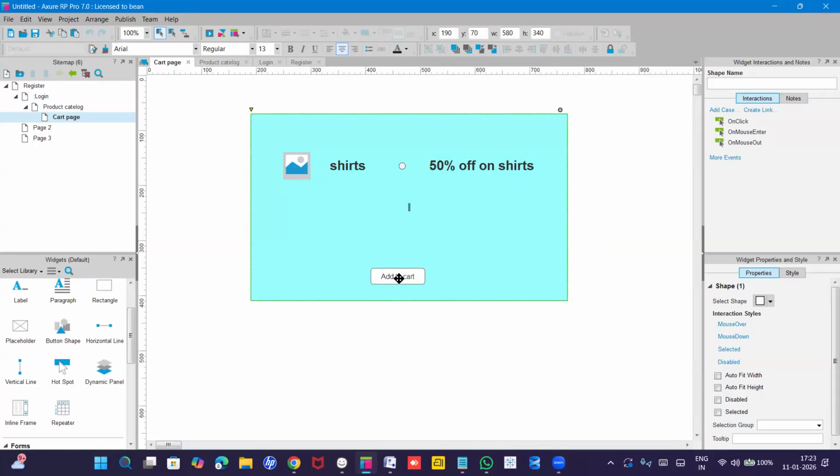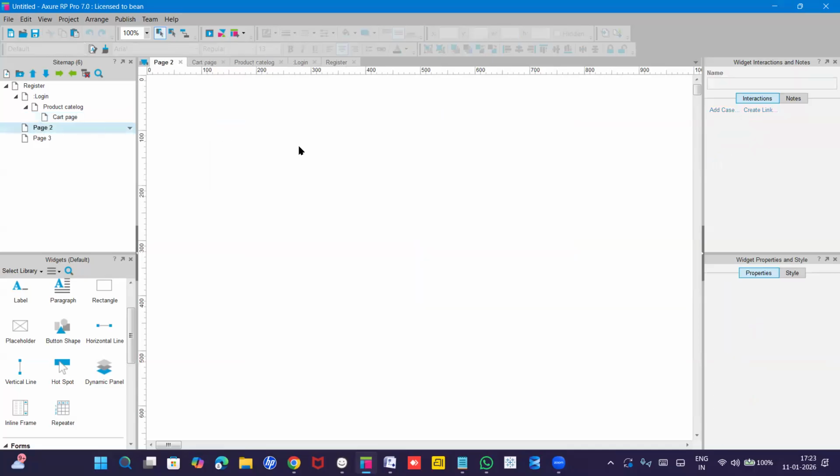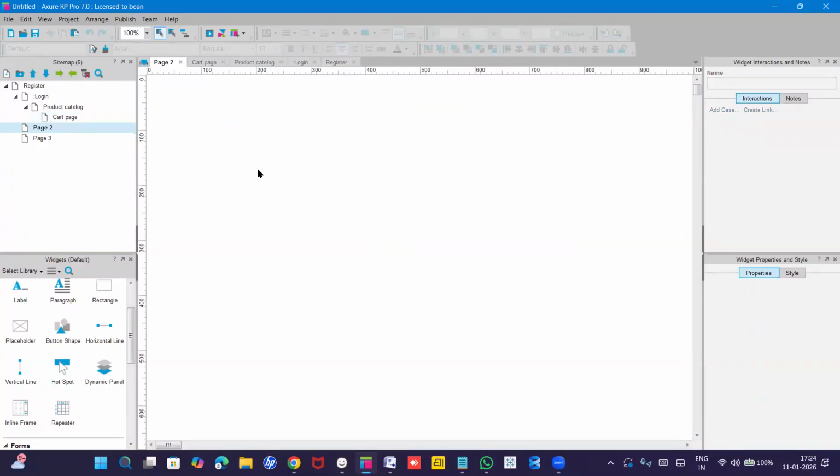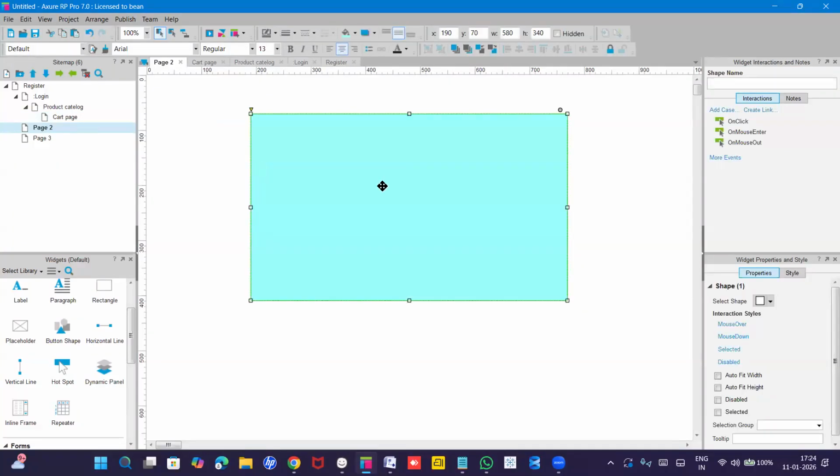So let me rename this button as payment. Okay, so this is the cart we have created and this is the payment page. To create the payment page, so for the payment page, I'm using